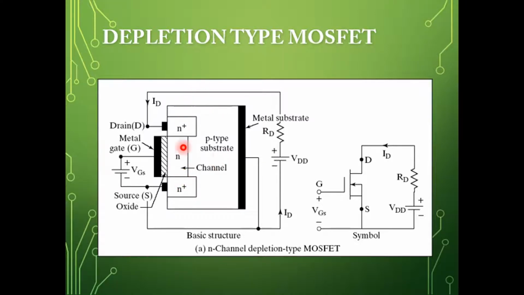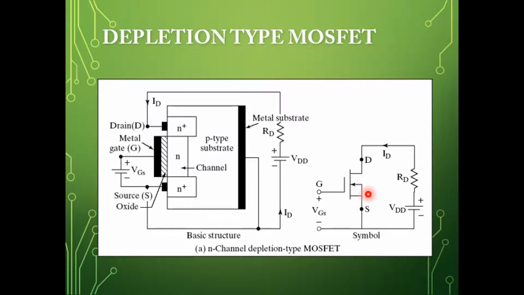So this particular diagram is for an N-channel MOSFET. If it is an N-channel MOSFET, the substrate or the body is of P-type, the drain and source is of N-type, and the physical channel which is present is also of N-type. Once it is an N-type MOSFET, it is familiar to us that the drain terminal has to be positive as well as the gate terminal has to be positive with respect to the source, and always the source and the substrate will be connected. So you can observe here the substrate and the source are always connected.